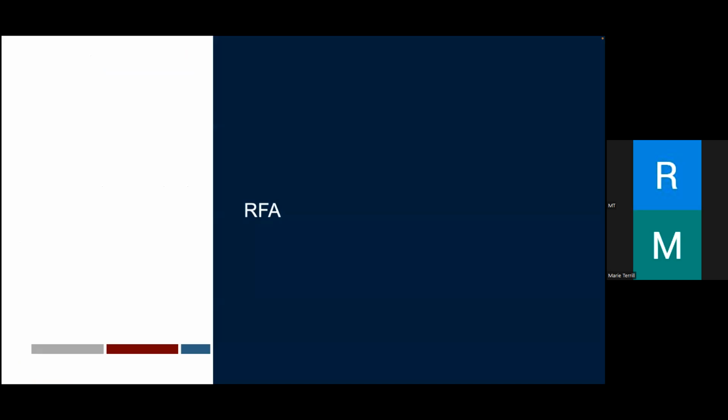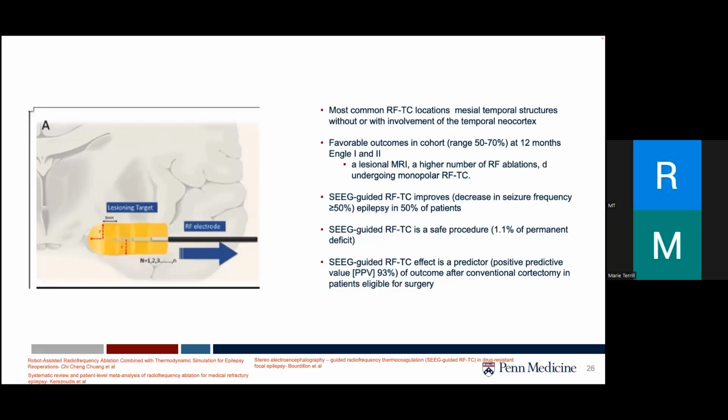All right, quick word on radiofrequency ablation. This is a minimally invasive procedure that uses heat generated by radiofrequency waves to destroy or ablate your targeted tissues. It's widely used in other medical fields like cardiology and pain management, but its application in epilepsy is relatively limited. So radiofrequency ablation basically establishes a current flow between two electrodes for heat induction. During the procedure, a thin needle electrode is inserted into the brain tissue, guided by imaging technique. Once the electrode is properly positioned, radiofrequency waves are applied through the electrode, generating heat that destroys your targeted brain tissue. The goal is to eliminate or disrupt the abnormal electrical activity that can trigger a seizure.